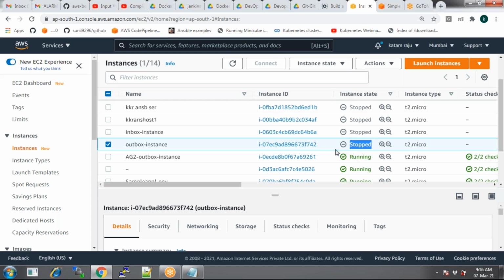So these actions might help you out to reboot them. For example, let's say I selected reboot for my instance. In the actions, I select reboot. If you reboot it, how long does it take to reboot your instance? It might take 5 minutes, 10 minutes, or 15 minutes. So I don't want to reboot it.